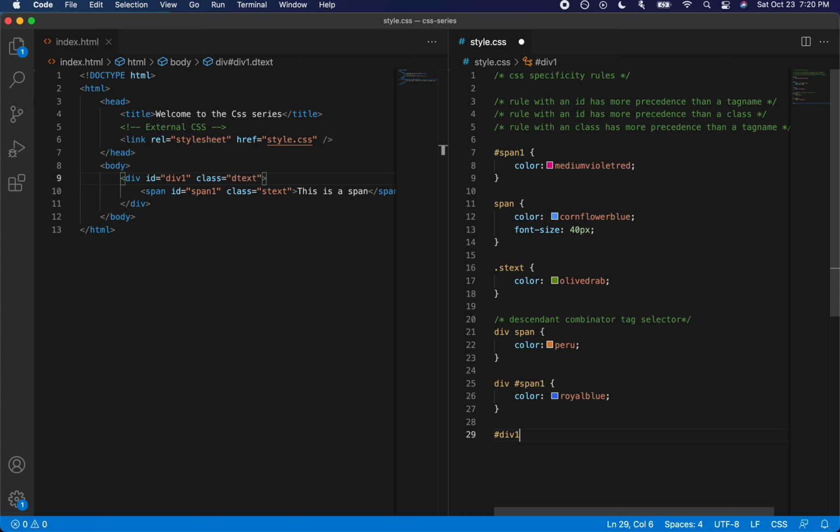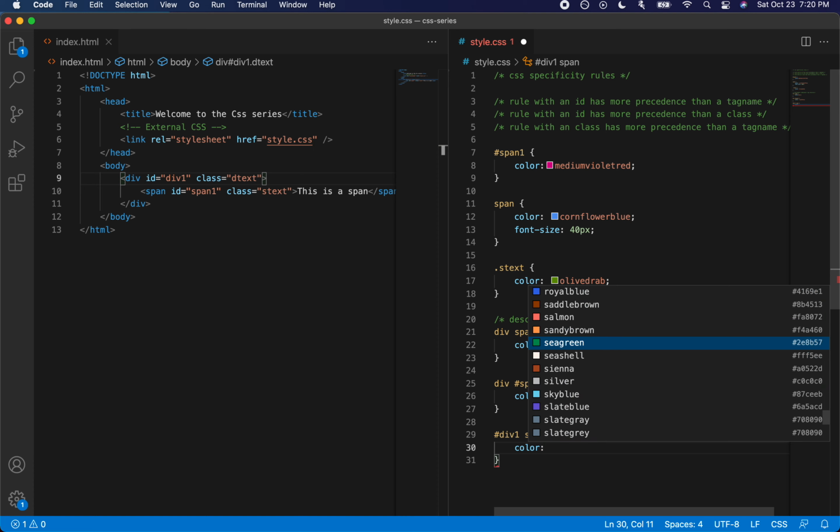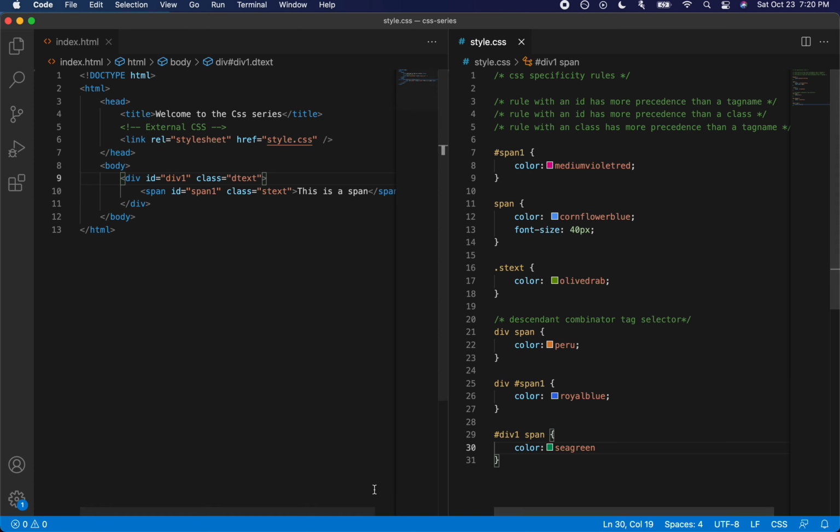We can try div1, and let's do the combination of div1, which is the parent, and span, and give this a color of sea green.